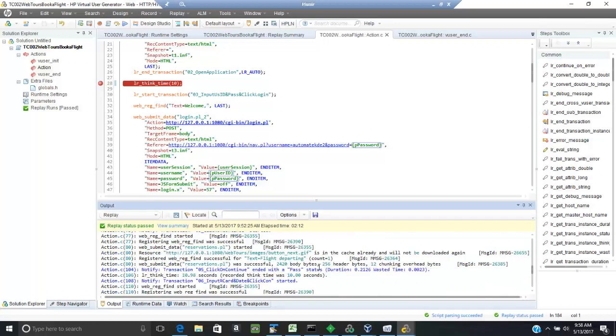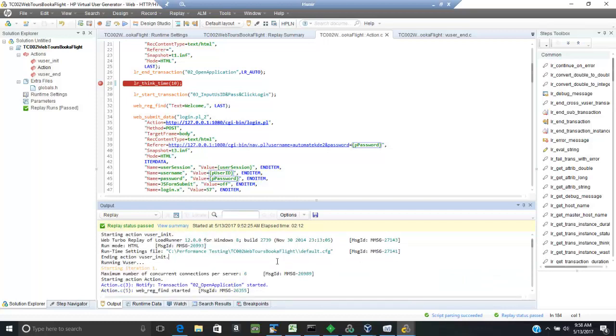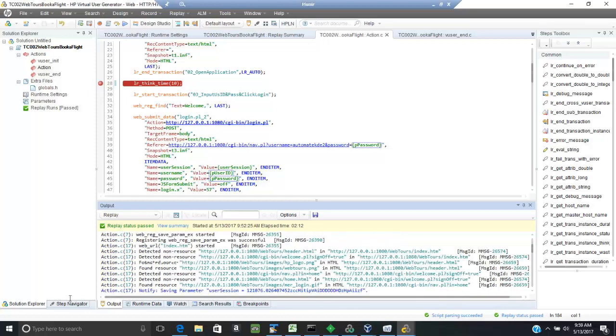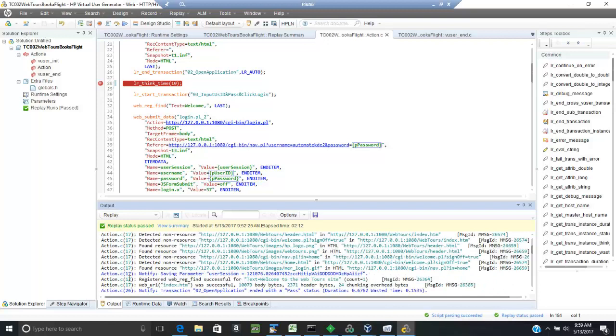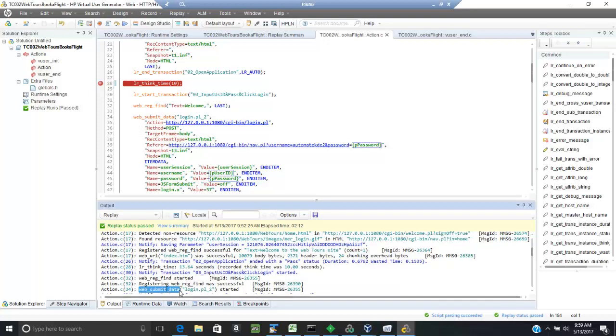So this is the log it is generating for every line. You can see that from the action, from every line, whatever it is doing, it is keeping a log. Now if you take a look, go to line number 34. Can you see it is saying that it is starting this web submit data login dot pl underscore 2, and